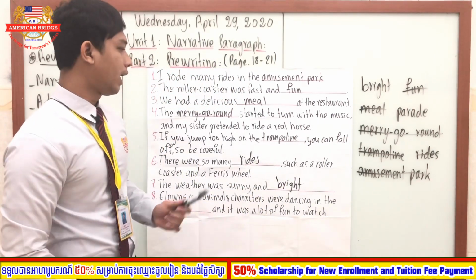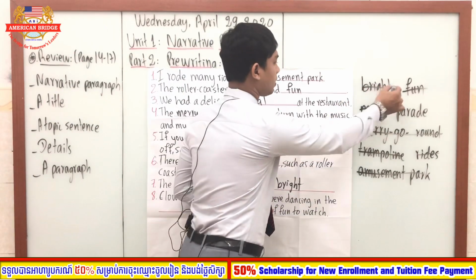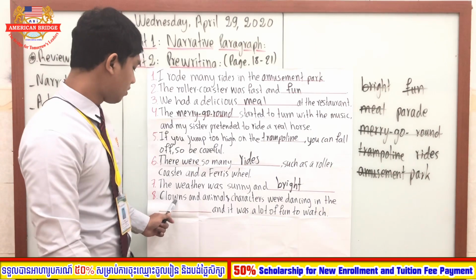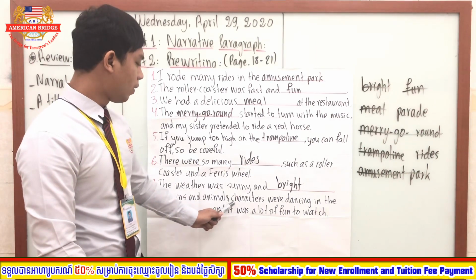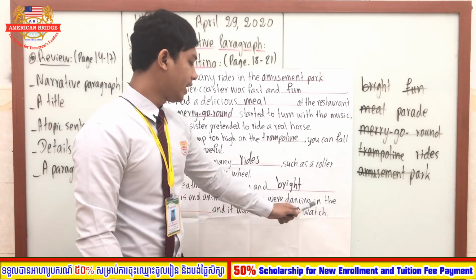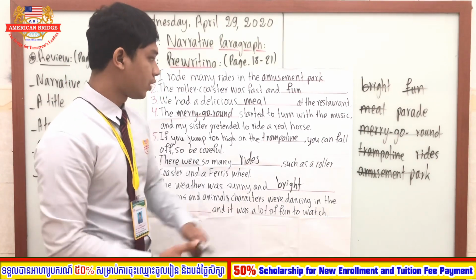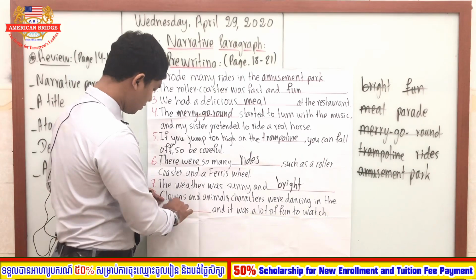Okay, and last. Okay, I cross this out. And the last one is the word. Of course, we say clowns and animal characters were dancing in the parade. And it was a lot of fun to watch. Okay, so this one should be